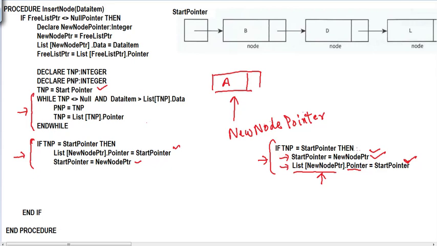So start pointer has been set to new node pointer, right? If TNP equals start pointer, then the first thing that we are doing is that we are setting start pointer to point towards new node pointer. So in that case, the start pointer, instead of pointing here, is now going to point here. So we've linked the start pointer to this node here, and now we want to link this node to this node,